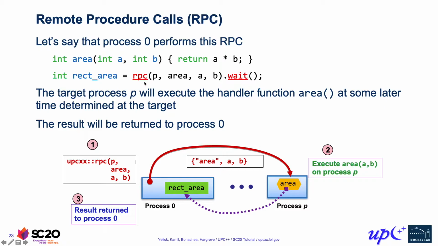What the source process gets back is something called a future. RPC doesn't wait until this entire process completes before returning. It's an asynchronous operation, and we get back a future that represents completion of that operation. We'll talk more about a future and how to use it, but the simple thing we can do right now is to wait on the future, and then that gives us back the result of the function call.